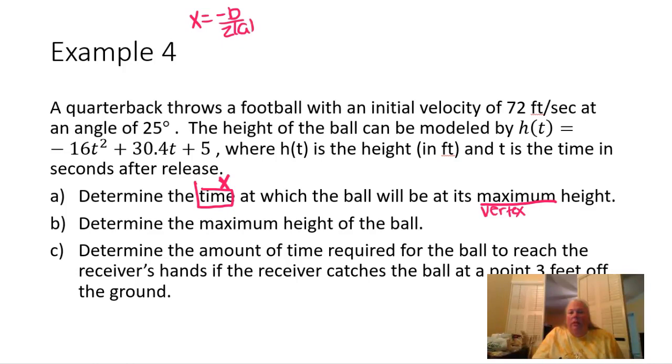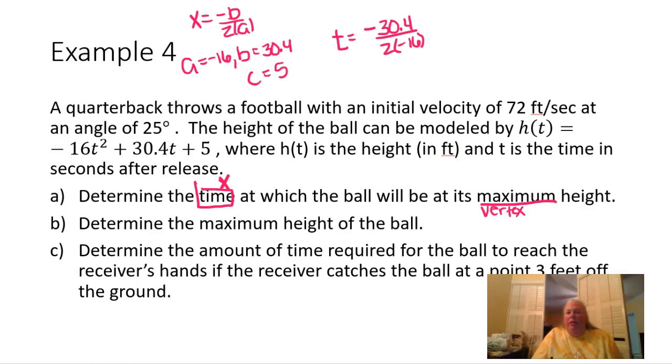All right, so let's see. A is going to be negative 16, B is 30.4, and C is going to be positive 5, so the time is going to be the opposite of B divided by 2 times A. And let's put that in the calculator and see what we get. And that's going to give me 0.95. And our units on this is going to be seconds right there. Okay, so for part A,